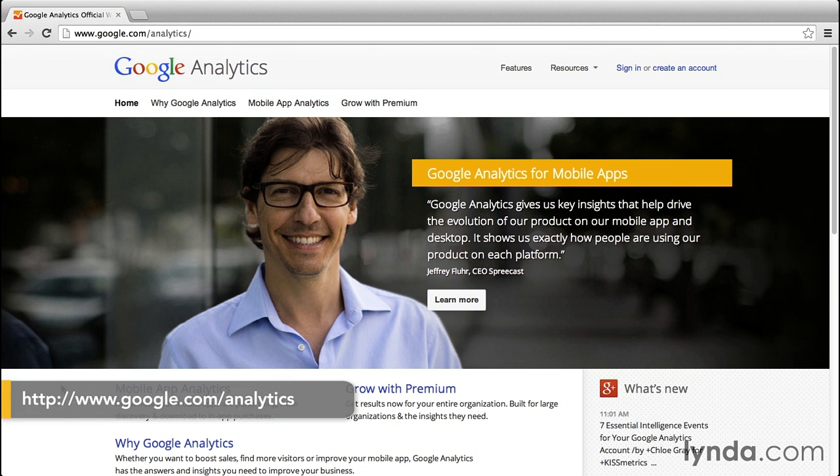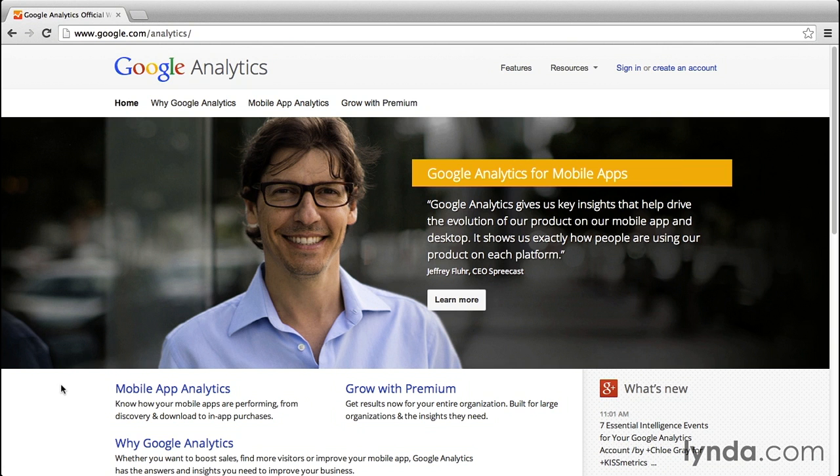So to set up Google Analytics, you'll visit google.com/analytics, and that's where I am now. Now, if you have a Google account already, you'll choose the Sign In option in the upper right-hand corner. If not, you want to configure one, and you can do that with the Create an Account link in the upper right-hand corner. I recommend setting up and using the same Google account for Analytics, Webmaster Tools, and Google My Business